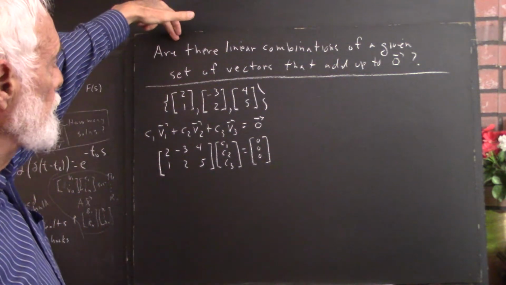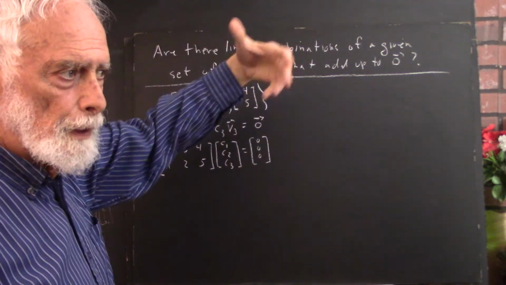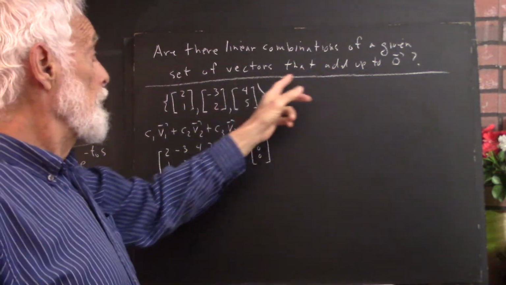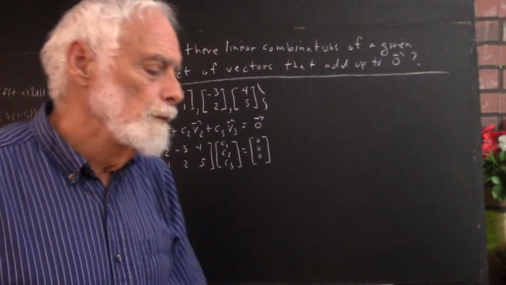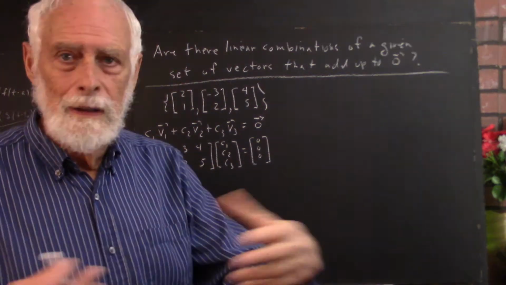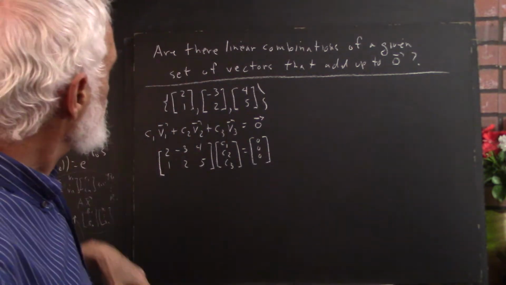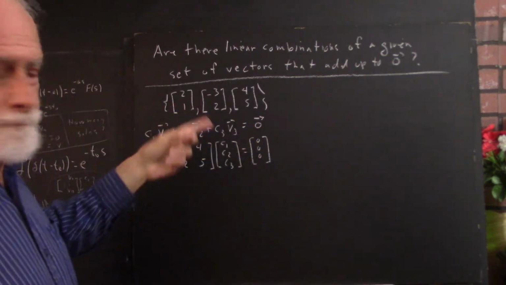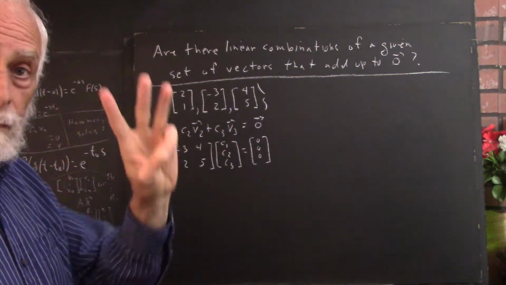Real important question: does there exist a linear combination, or more than one linear combination, of a given set of vectors that add up to the zero vector? It's going to be related to the important concept of linear independence, spanning sets, and so forth. Very important idea. Okay, well, let's just illustrate that using what's becoming kind of our canonical set of three vectors